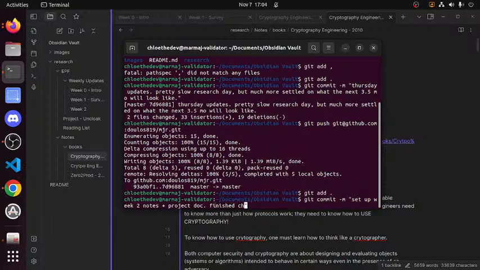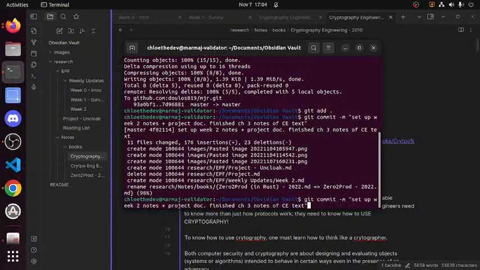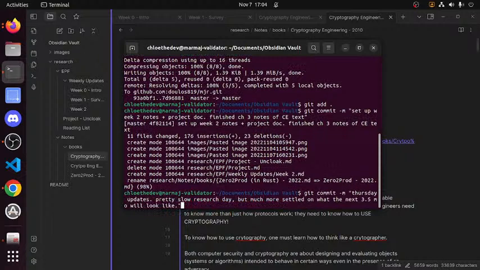Finished chapter 3 notes of C text. Okay, and they're all gonna have the same. I need to commit more often, but I just do all the stuff and then commit once, and then they all have the same.